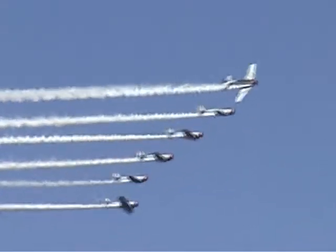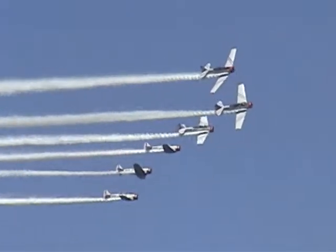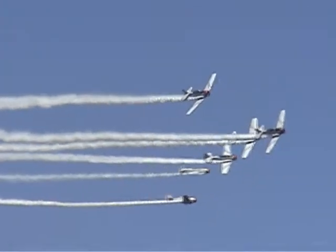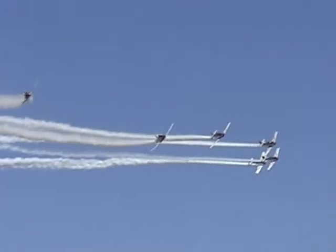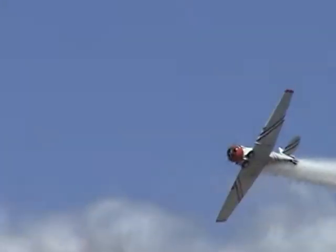Once together again, all 6 aircraft break off individually, simulating a strafing attack on the same ground target as the solos just bombed. These aircraft are operated most of the year in the New York metro area and are based in Farmingdale, New York, Republic Airport. But as responsible for keeping these aircraft in the